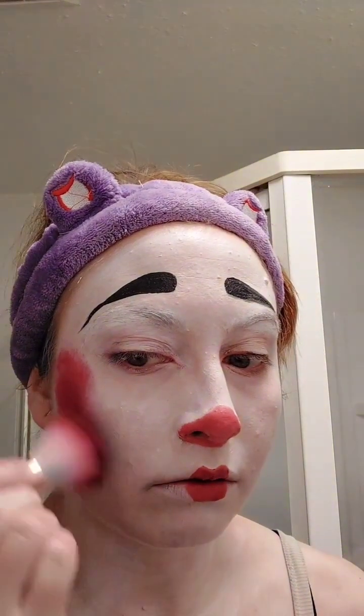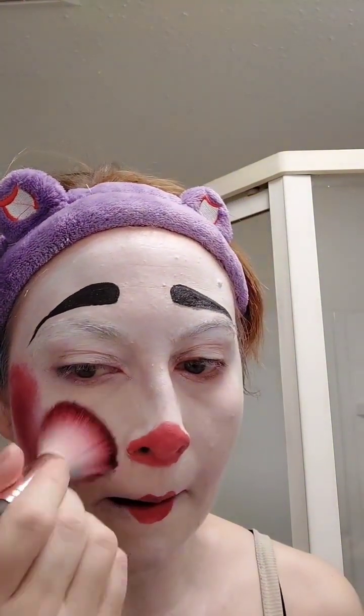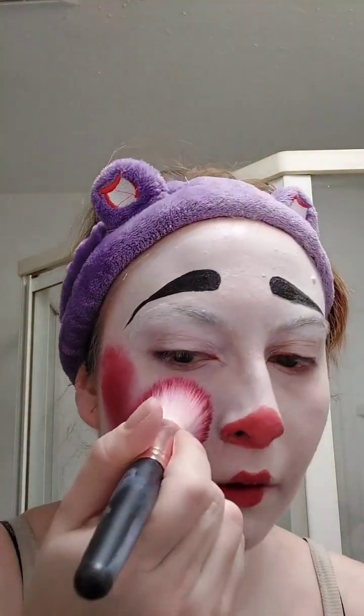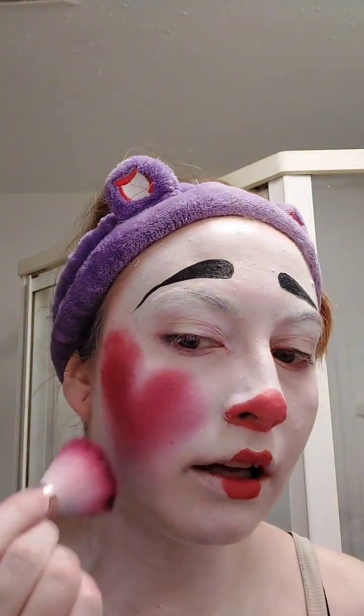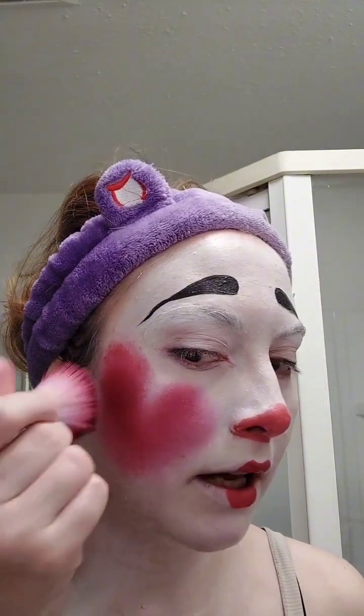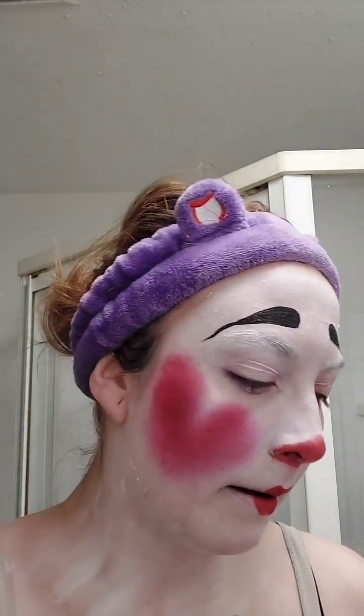But I do a heart shape. And I think everybody should have their own signature look. And yeah, some of them may look similar because we're all following the same guidelines here. You know what I mean? But